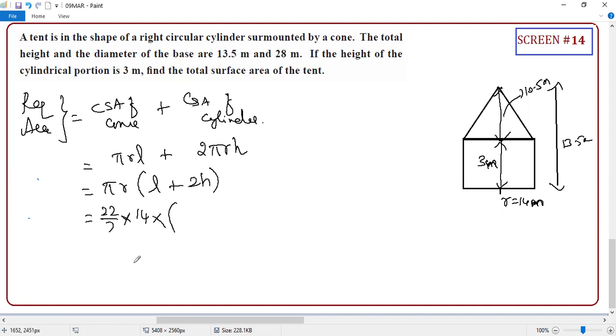Now, slant height. L is what? Guys, L is here. And what is L? Root of H square plus R square. H is what, student? Don't say this height. This H is what? Sorry, this conical portion, this is your height. Are you clear? So this H and this H are different, student. This H is cylinder. This H is cone. That's why people will use H1, H2. But no need to worry.